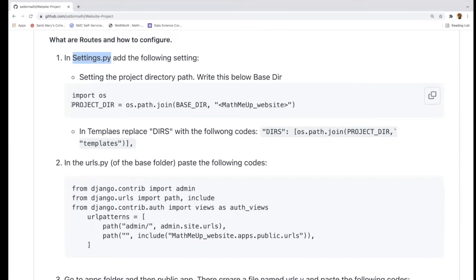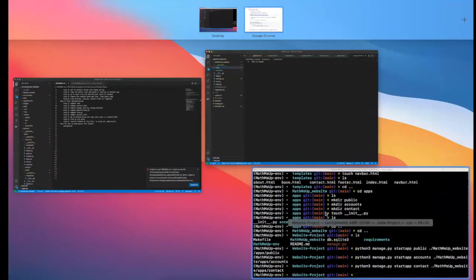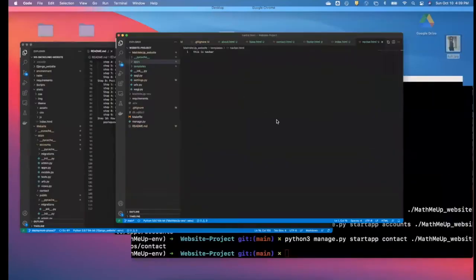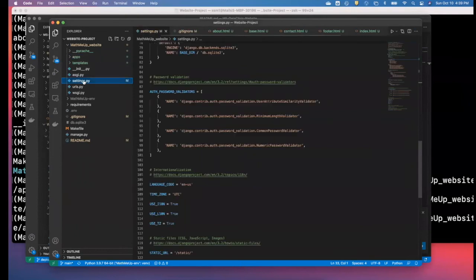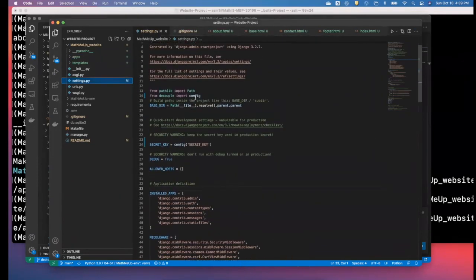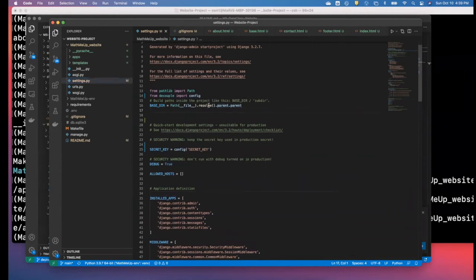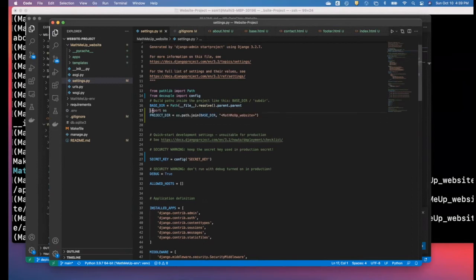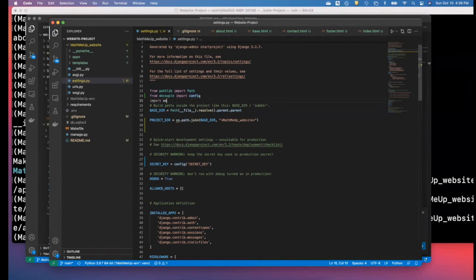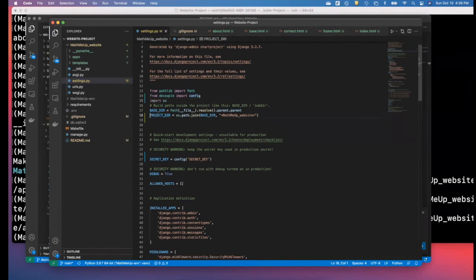To do that, I'm gonna copy this code and go into settings.py. Here you can see your base directory is set up by default, not in the main folder. But now I'm gonna copy that one and put it here, but I'm gonna initiate